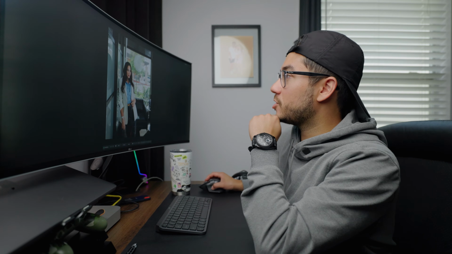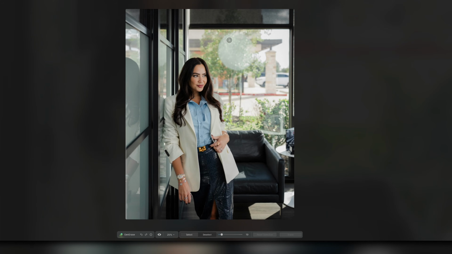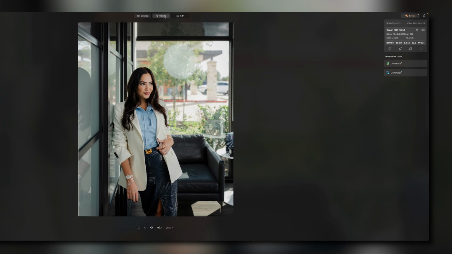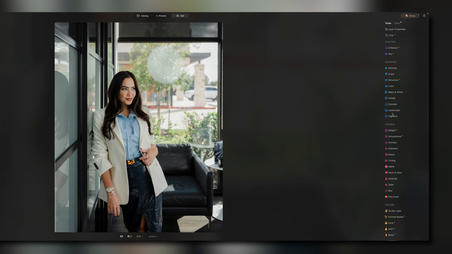So let's head over here to the Generative Erase tool. The goal is to just replace this with the rest of that tree. I'll even show you that if I were to just go to the regular erase tool, so if I were to go over here to edit and then come over here to erase and try and do that,